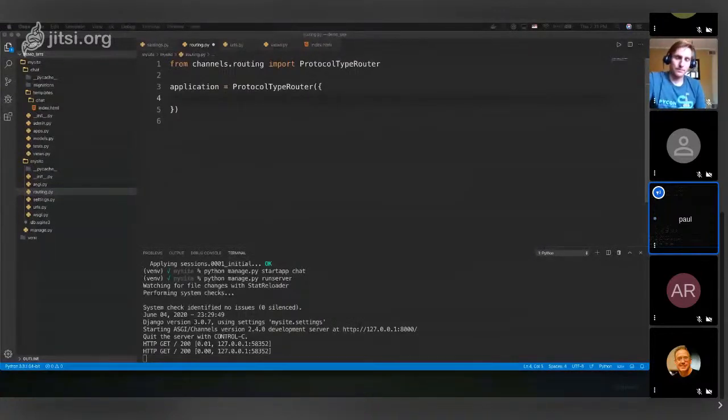So what we're going to do, before we get into making a chat room, is set it up so that there's a WebSocket connection, and you'll just get an echo of anything you send. That's just a simple thing we can do. So we're going to import a few more things. We're going to import a URL